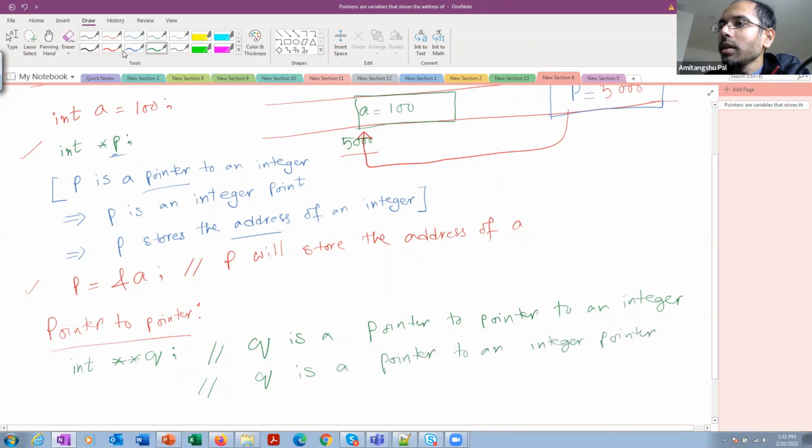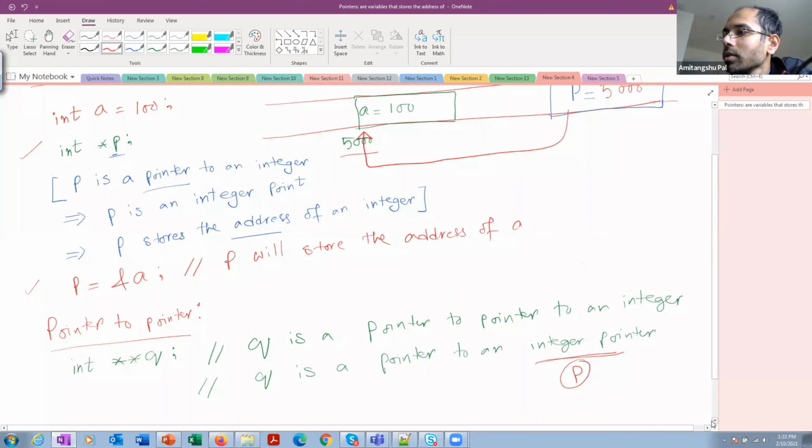Okay, so I know that P is an integer pointer, so Q can be a pointer to P.